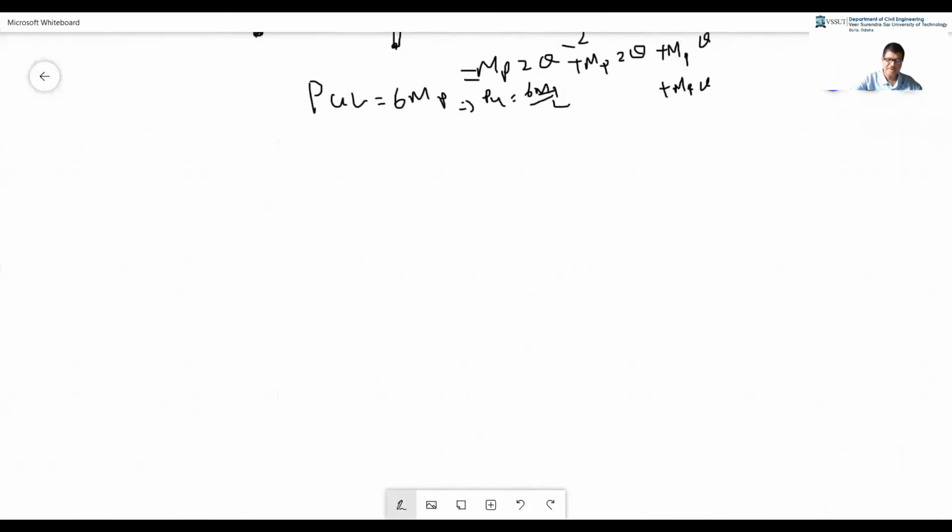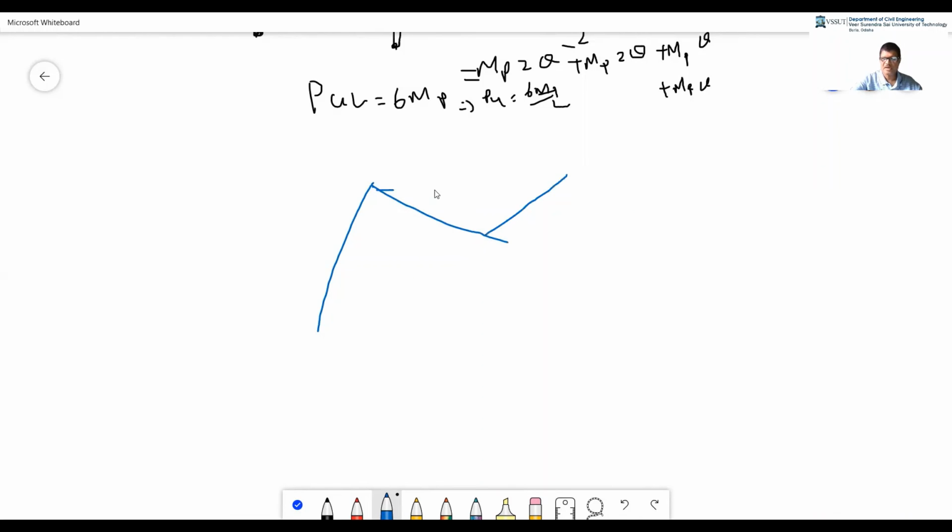If you combine 1 and 3, what will we find out? It will come like this. As you have done in all the cases, it will come like this. So this will be theta, this will be theta, and this will be theta. All of theta. Here there is no plastic hinge, so they will be combined with each other. Here will be a hinge. Here will be a hinge. Here will be a hinge.